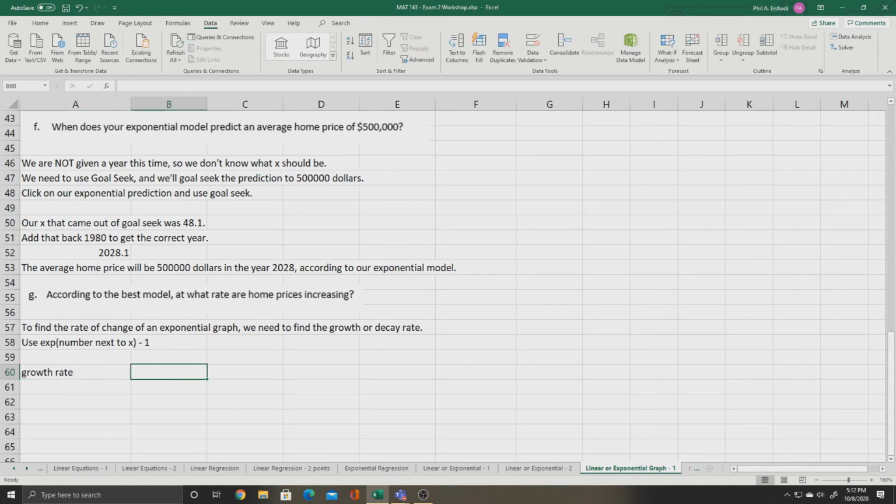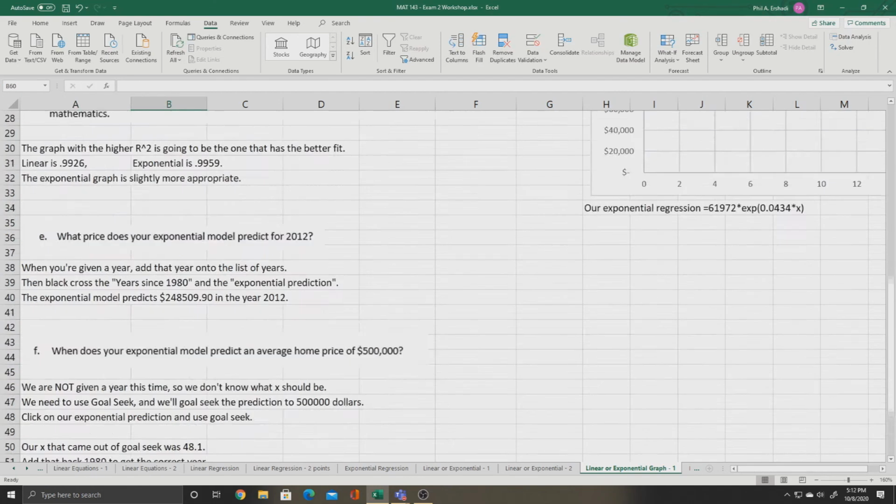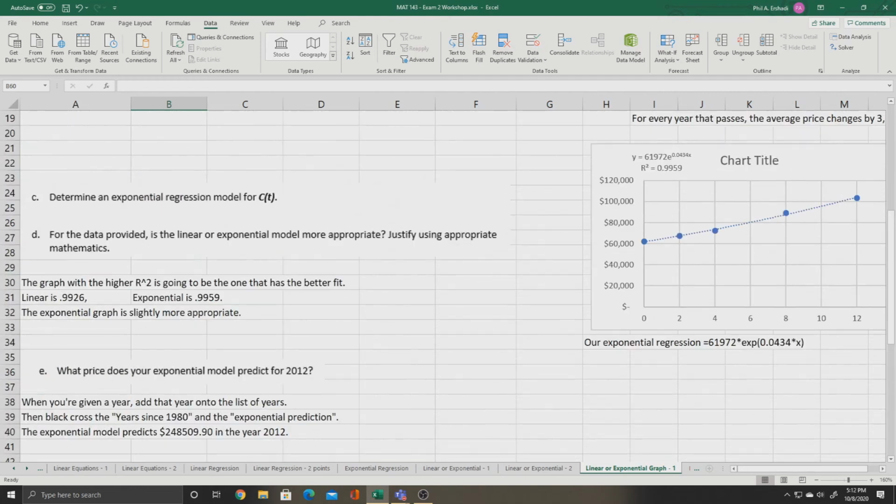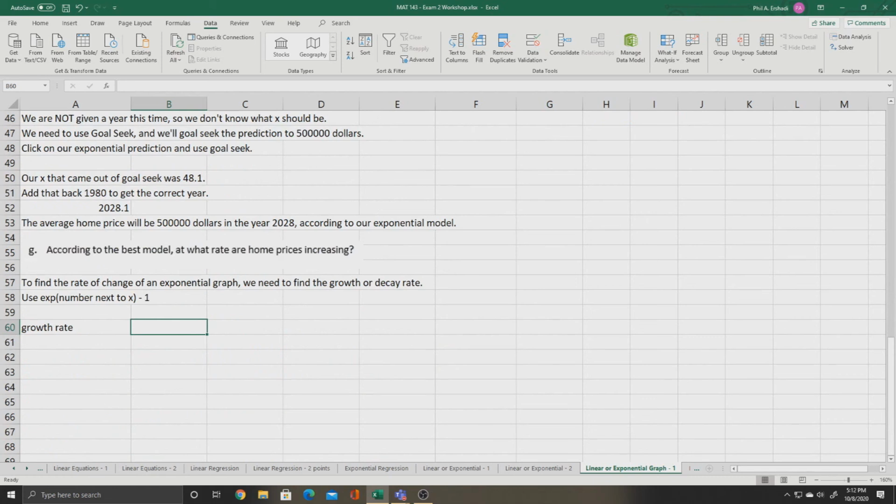So for our growth rate, let's examine our exponential function. It was exp 0.0434. That's the number next to x. That's what we'll use. We'll say equals exp 0.0434 and then subtract 1. We don't want to include the x in here, we just want the number. And we get a growth rate of